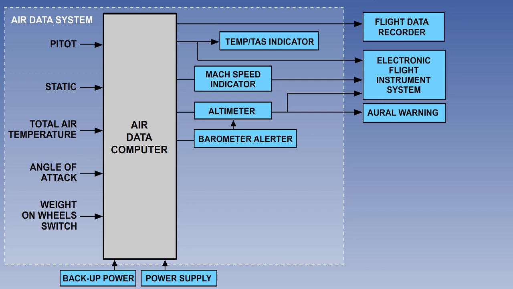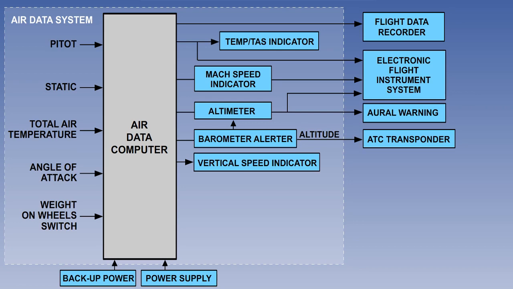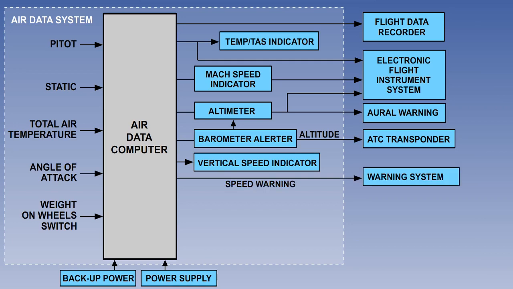A warning is sounded if a bugged altitude is exceeded. Altitude information is also passed to the height encoding transponder for air traffic control purposes. There is an output to the direct reading VSI, and the same information is also fed to the EFIS. There will also be both an overspeed and an underspeed oral warning system. The stall warning system is decoupled when the aircraft is on the ground, which explains the need for the weight